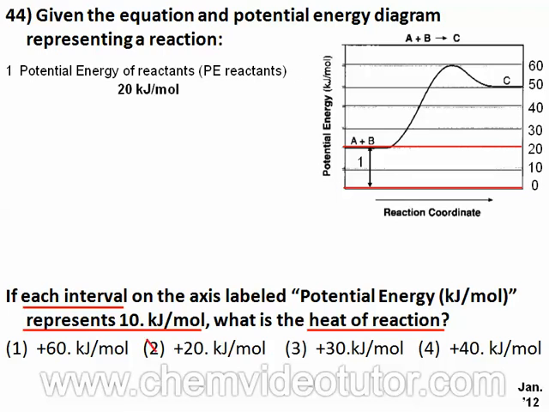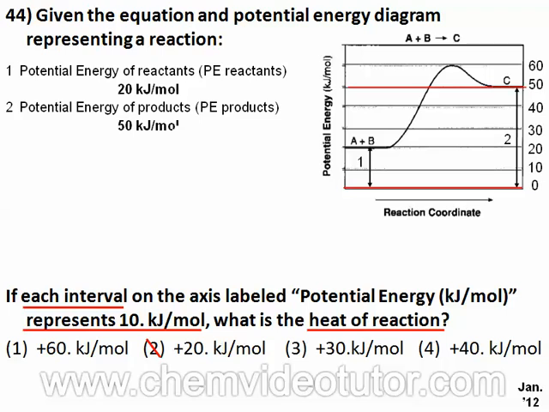C is the product of this reaction, so we can label arrow number 2 the potential energy of the products. Since the arrow starts at 0 and ends at 50 kJ per mole, that is the potential energy of the products. The third arrow is for the heat of reaction, which tells us how much heat is released or